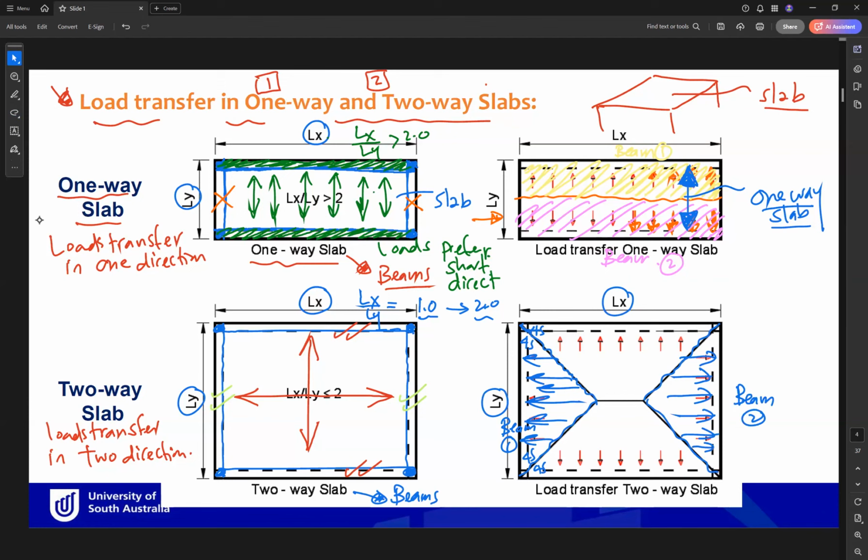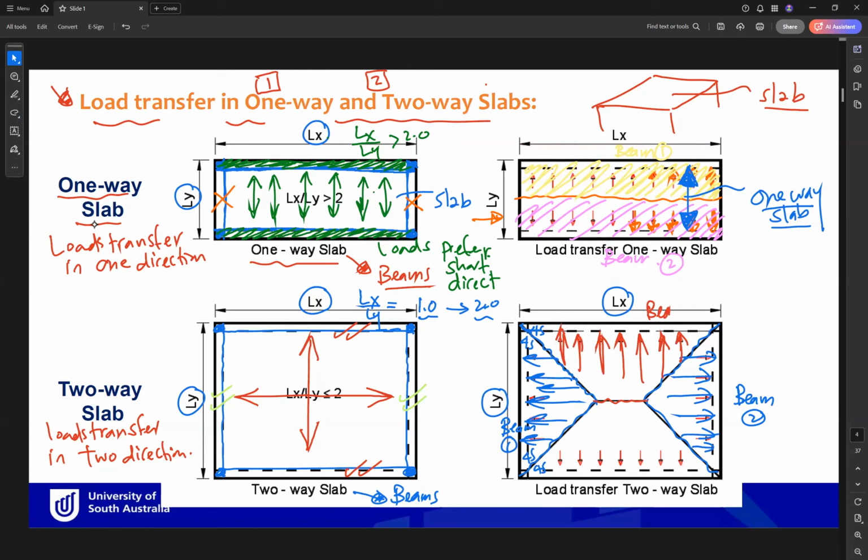Okay, and if it is rectangular like that, it will not be 4 triangles, it will be 2 triangles and 2 trapezoids. So this red trapezoid will go to